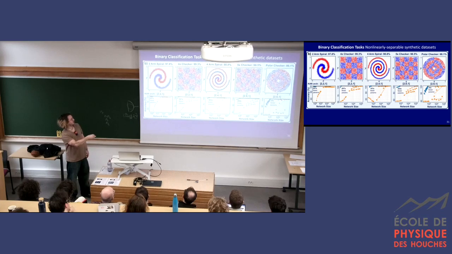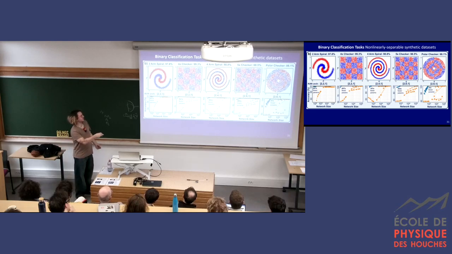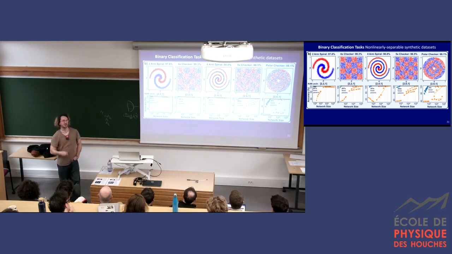And we can do a range of these. And if any of you have done these before, they might look quite toy, but they're actually often quite tricky. So as you get these more and more nested boundaries and kind of curvature, it can take quite a bit of an MLP to do these tasks. And you can see that we're getting up to several hundred times fewer parameters and often quite steeper scaling than MLP. But everything I've shown you so far is still kind of toy synthetic data.